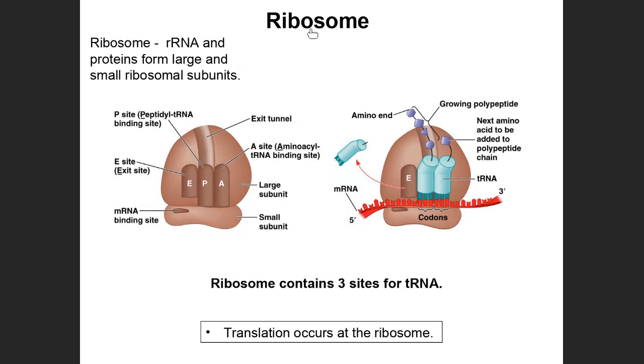I cover ribosomal RNA last because it bridges the gap with the last part we need for translation, which is the ribosome. Ribosomes are formed by ribosomal RNA and proteins coming together to form a large subunit and a small ribosomal subunit. Now listen carefully. The only time these two subunits, the large and the small, come together is during translation. If translation's not occurring, these two will disassociate or break apart. But when translation's occurring, the large subunit and the small subunit will complex together,